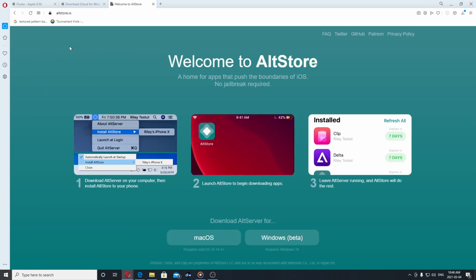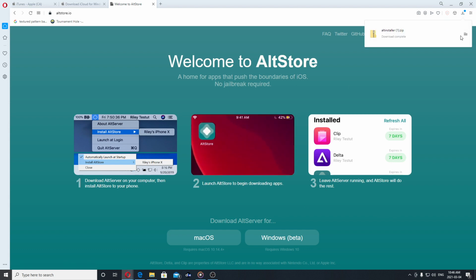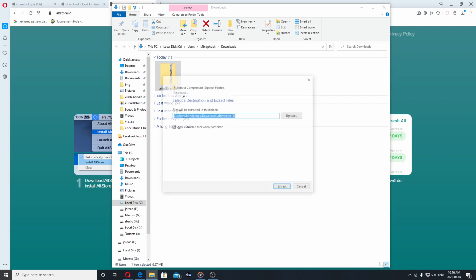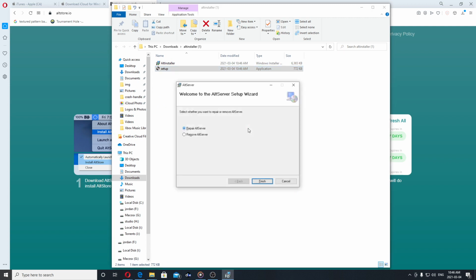It'll bring you to the home, and we're going to click download Windows Beta. You see it download there. I'm going to open it, right click on it, extract all, extract. Once you've done that, you're going to double click on setup. Because I already have it installed, it's going to ask me to repair or remove it. You're going to install it. So once you've installed it,